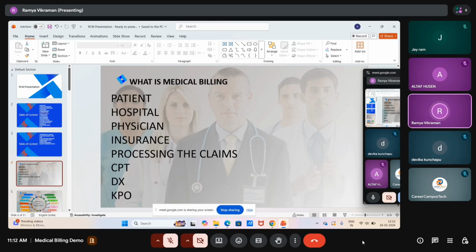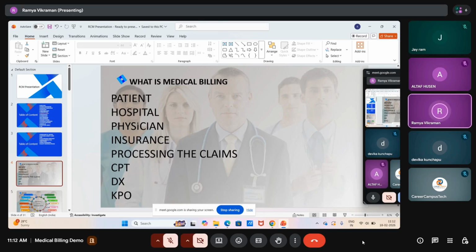In the US market, it is not like that. Whether it is inpatient or outpatient, they will have insurance. So medical billing is the process where we work for the providers, and we have to get the reimbursement, in the sense payment, from the insurance to the provider. I'll let you know what all the scopes involved in this process are and how it works.